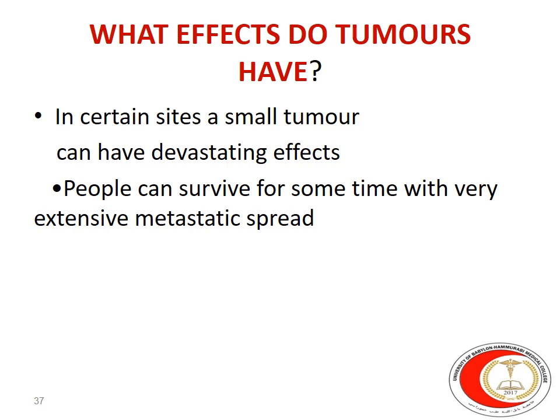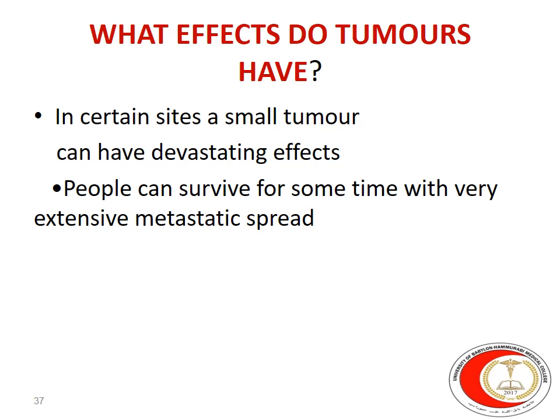In certain sites, even a small tumor of 2 to 3 centimeters can have devastating effects, like those patients with pituitary gland adenoma or carcinoma. The space of the pituitary gland is very narrow, so an increase in volume will press on the adjacent structures and cause